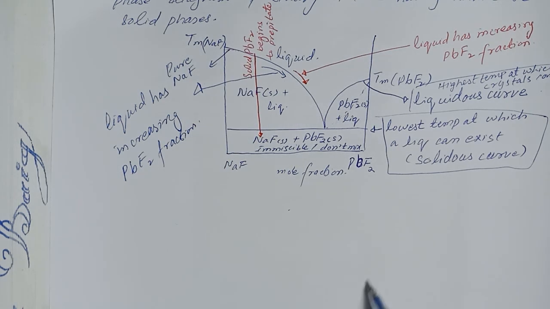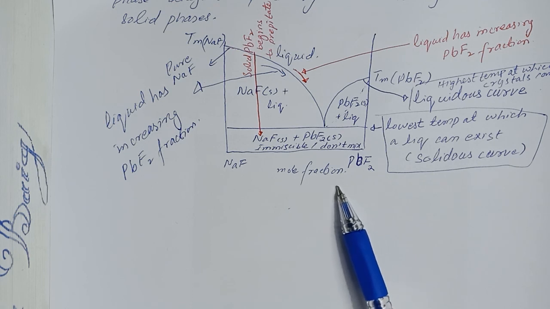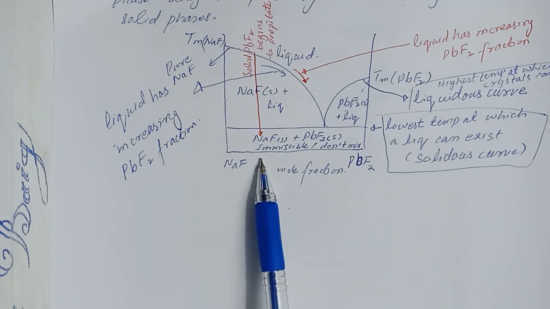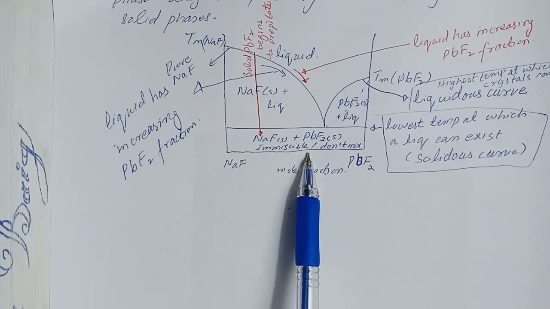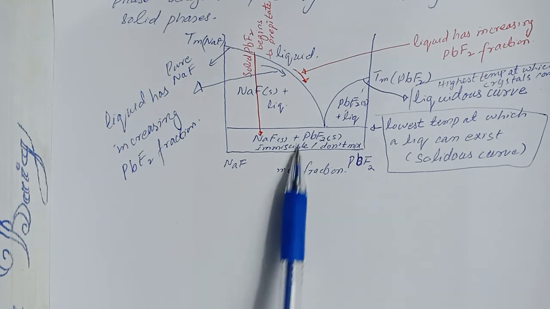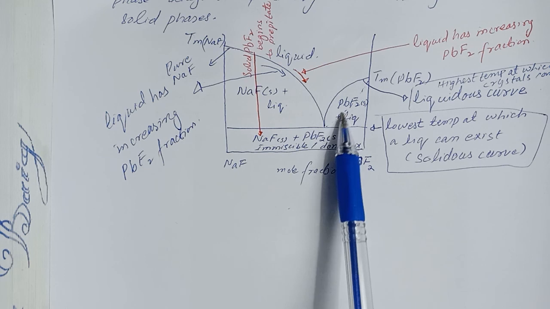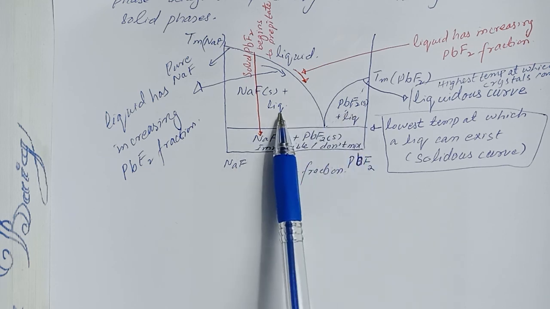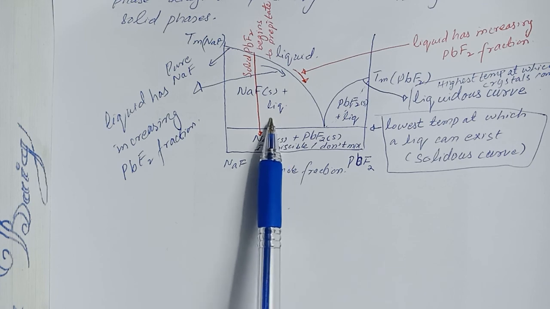So here a diagram has been explained for two components where their solid phases are immiscible, while the liquids are miscible, with coexistence of two phase systems, that is the solid and liquid phases.